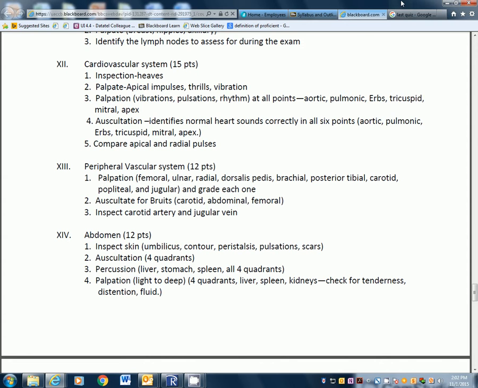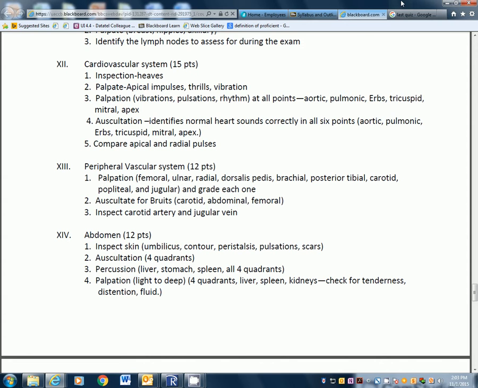Then you would check the femoral and popliteal, and it shows you how to do those on page 511. Feeling the femoral artery, and then the popliteal. Again, the popliteal is a little bit harder to feel. You anchor your thumbs on the knee and curve your fingers around the popliteal fossa. Press your fingers forward hard to compress the artery against the bone. And again, a lot of times this one is hard to feel. Having them bend their knee slightly sometimes will help, or having them turn on their back,